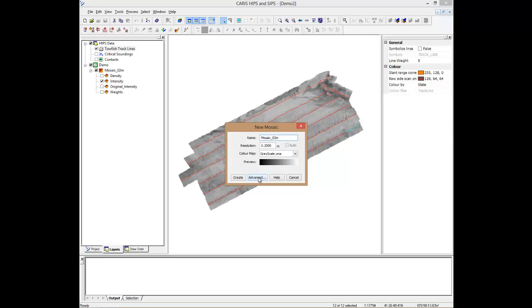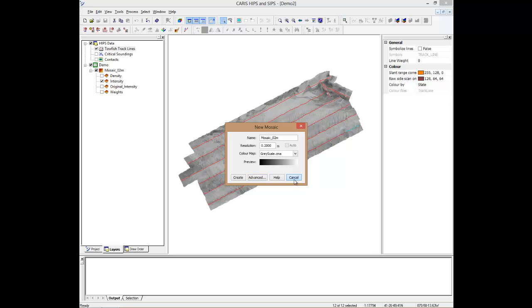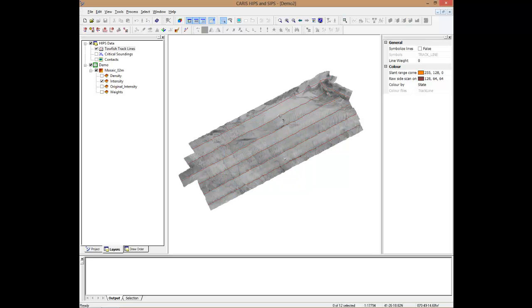And if I look under this advanced tab for the mosaic, I can see all the same settings from the Sidescan editor or waterfall display. So there's my beam pattern, port and starboard, my gain normalization. So the two are linked. Whatever settings I configured in the waterfall when I go to create the mosaic, those are the settings it's going to use. So that again makes things nice and simple, really quick workflow for getting products out from Sidescan